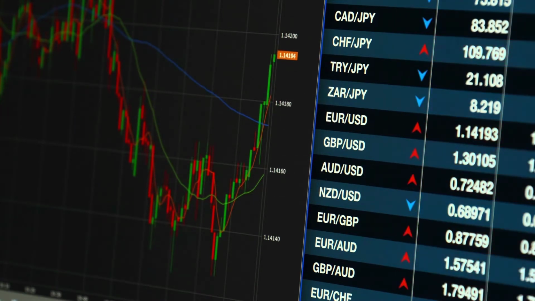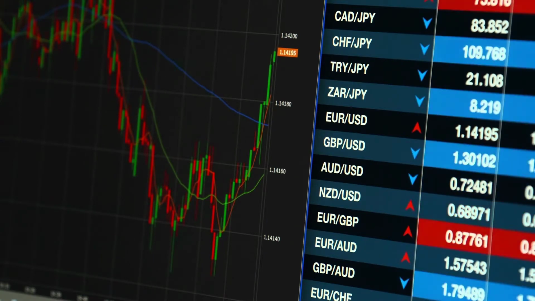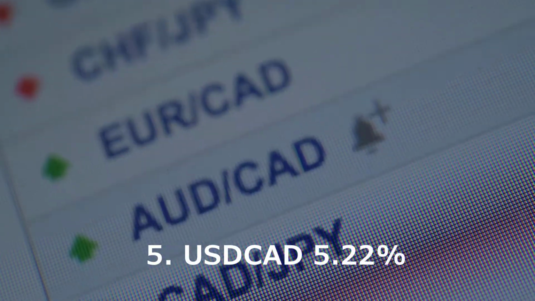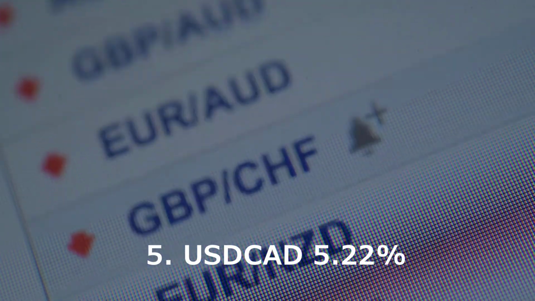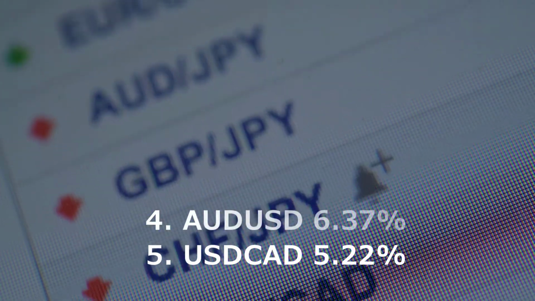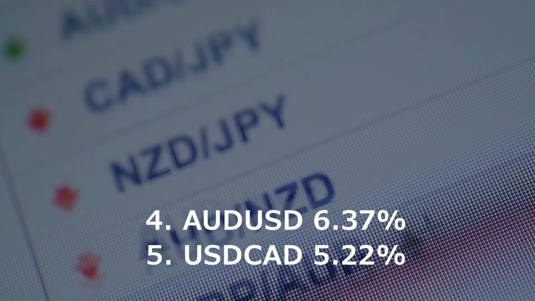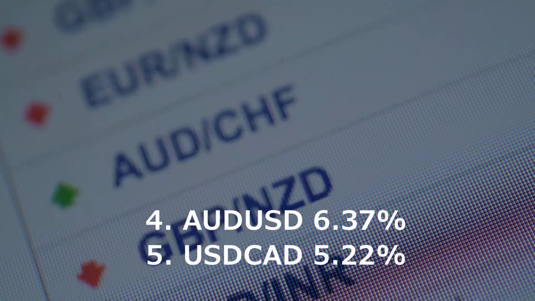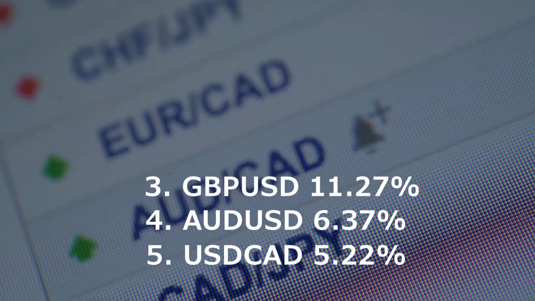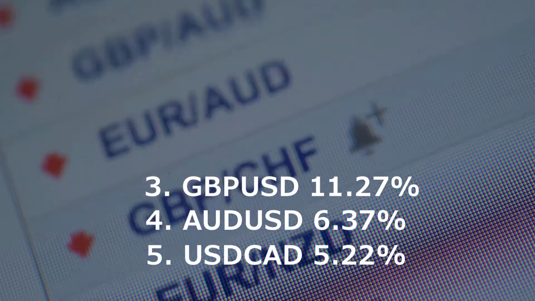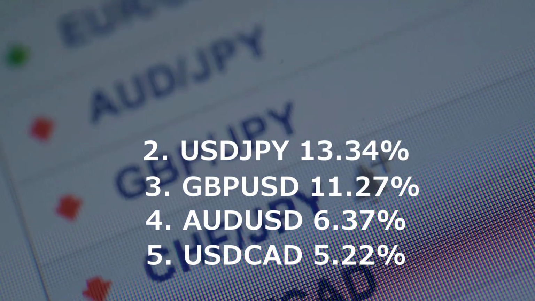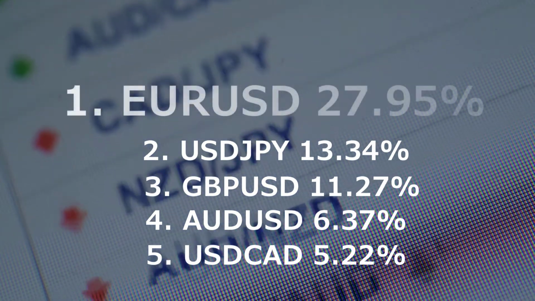So what are the largest traded pairs currently? In fifth place we have the Canadian dollar against the US dollar at 5.22% of all FX market trading. Then we have the Australian dollar against the US dollar at 6.37%. In third place, the GBP against the USD at 11.27%. Then the US dollar against the Japanese yen at 13.34%, and in first place by a long way, the euro against the US dollar at